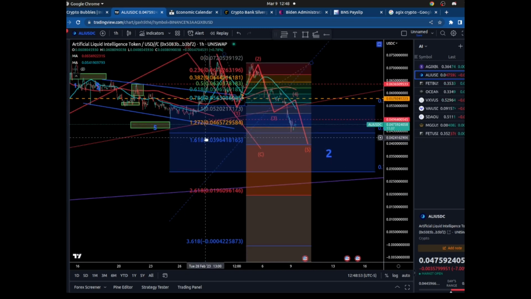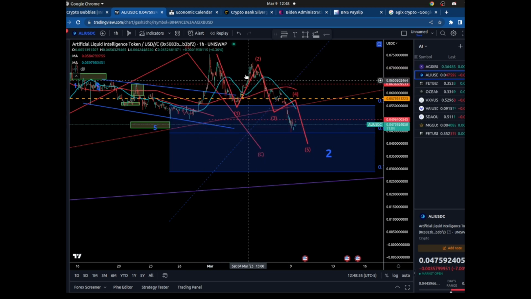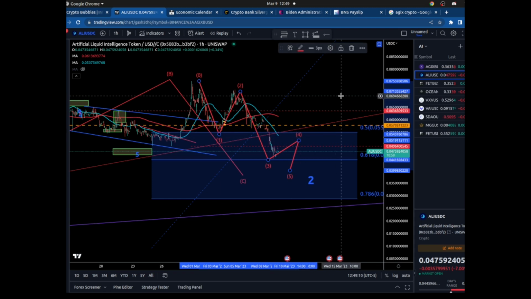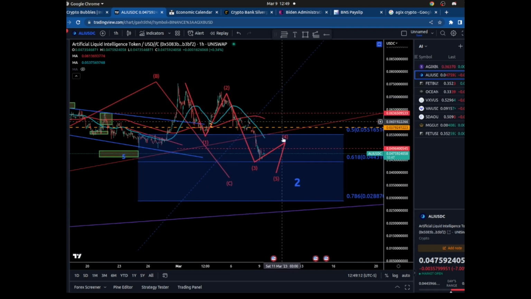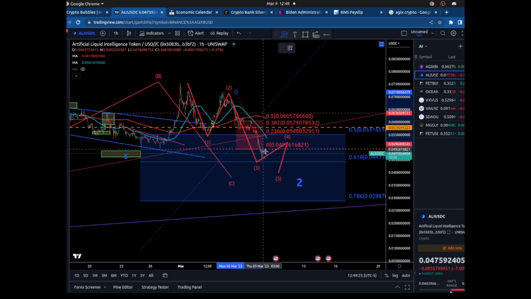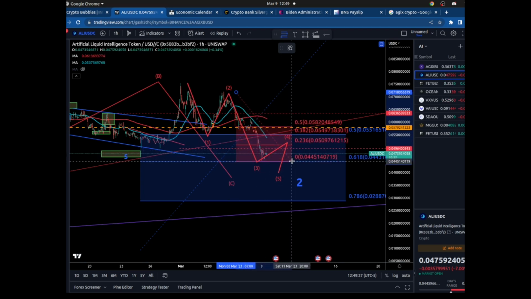So for the moment I would say that indeed this was, but this cannot be a wave 4, because the wave 1 was at that level. So I would say that this must be the wave 3, and now we need to wait and see if we have a wave 4. If that is the case, wave 4 cannot go higher than this level, which is 0.555. So if I take in consideration that maybe this was the beginning of wave 3 and this is actually the end,